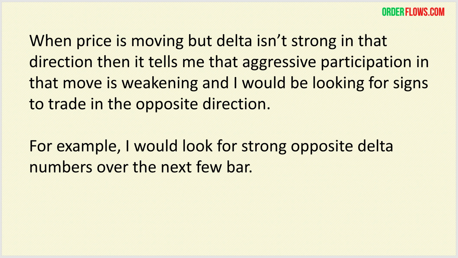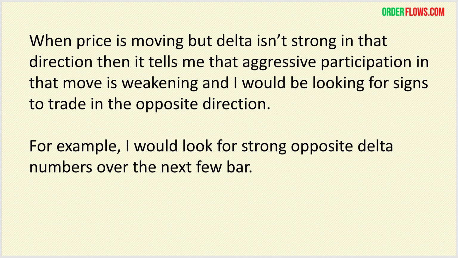when the market is going up, but it's going up on weaker Delta. Basically, it tells me the aggressive buying is still there, but it's just getting weaker. And then I'd be looking for the Delta to turn negative, either at the high or maybe a bar just after the high. And then I'd be looking for the strong negative Delta to come in